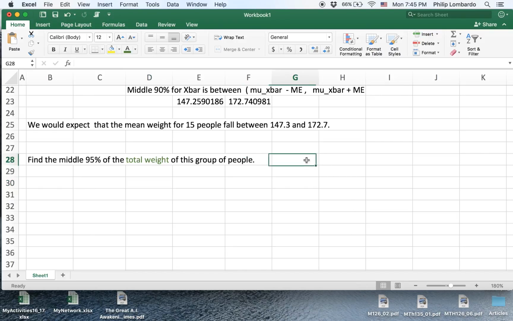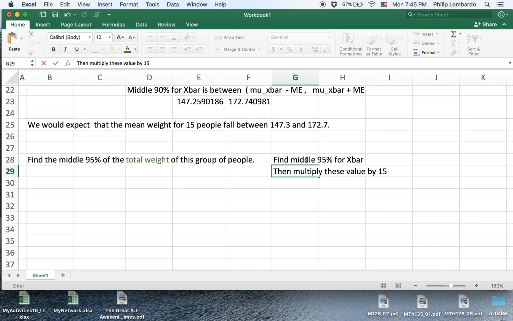Okay, so here's our general idea. Find the middle 95% for X bar. That's going to be our first step. Then multiply these values by 15. Okay, and that's going to give us the middle 95% for the total weight, because in general the mean is going to be your first guy plus your second guy, etc., out to your 15th person,